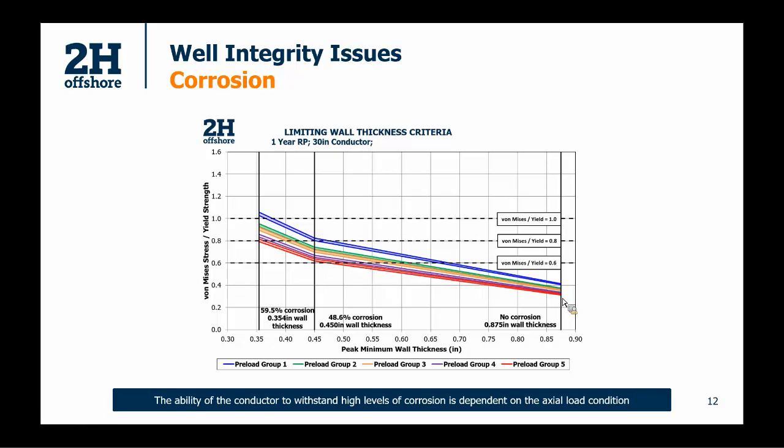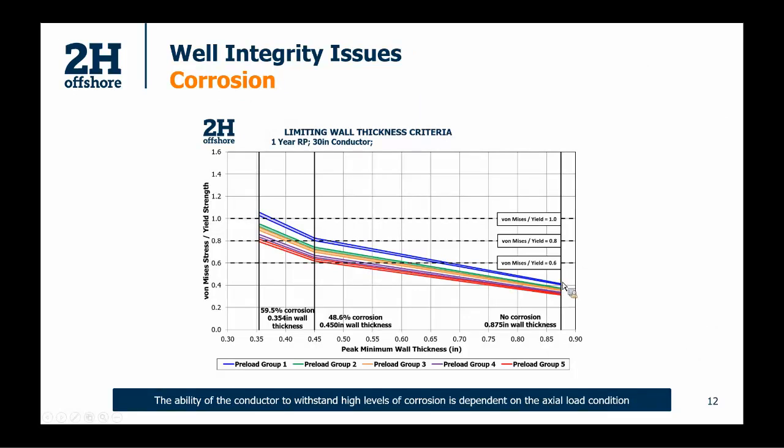You're looking at a utilization difference of 0.3 and 0.4 across the range. Obviously, the one with the least compression has the lowest stress utilization. However, if we move towards higher levels of corrosion, in this particular case close to 50% corrosion, you can see that the system has changed. There's a larger spread between the groups, and also it changes your conclusion. So preload group 5, which has the least level of compression, is still acceptable, even close to 50% corrosion. However, preload group 1, which had the higher level of compression, is above the allowable that we would want.